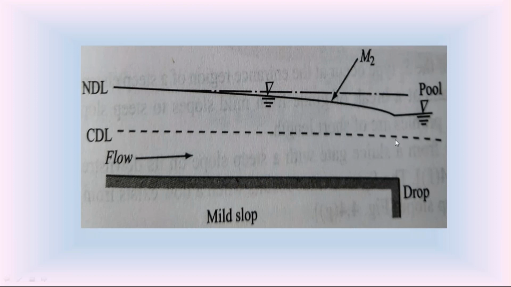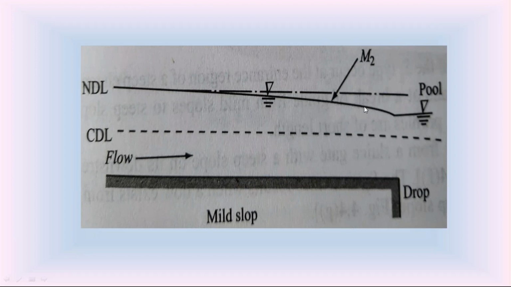So it is approaching this critical depth line up to some distance in a perpendicular manner, then it becomes some other way. So here this M2 water surface profile is not entirely perpendicular to the critical depth line. That's why we represented this M2 water surface profile near the critical depth line as a dotted line. Because it is not totally perpendicular to the critical depth line, it approaches near the critical depth line, then it changes. So this is the M2 water surface profile in the open channel, its behavior and characteristics.